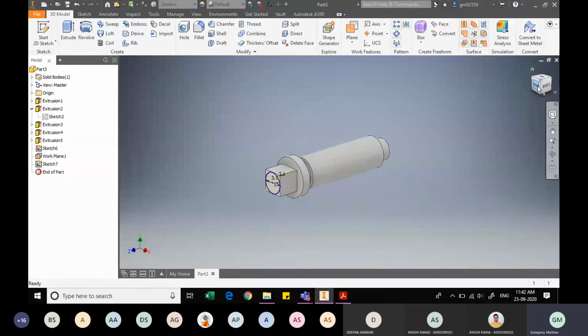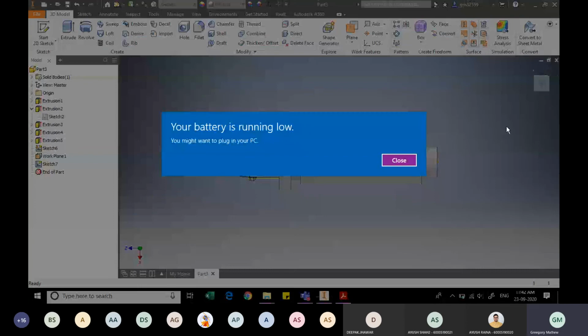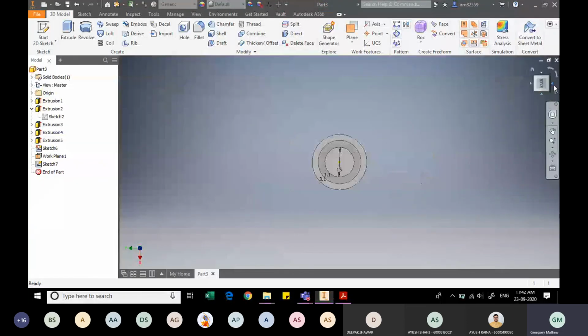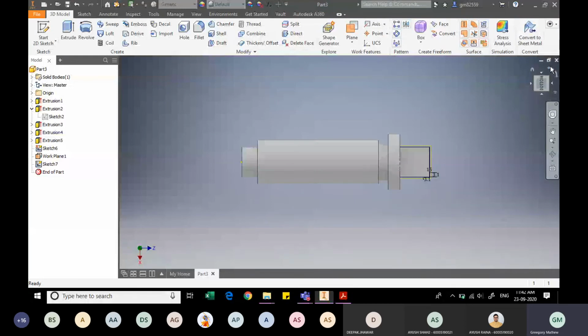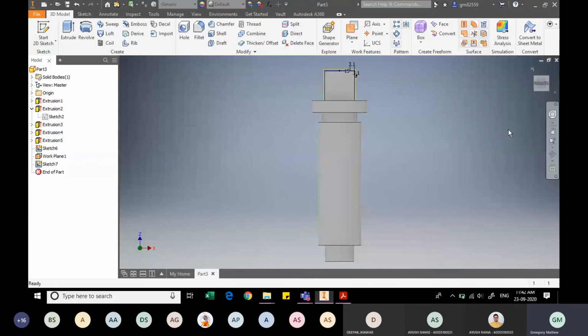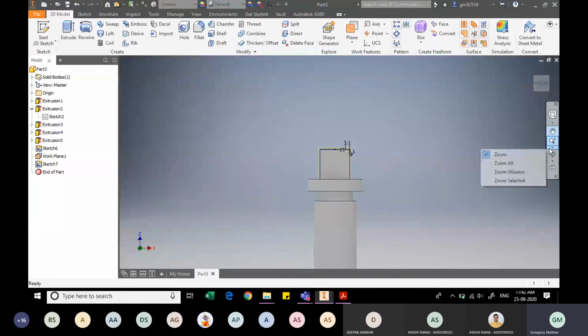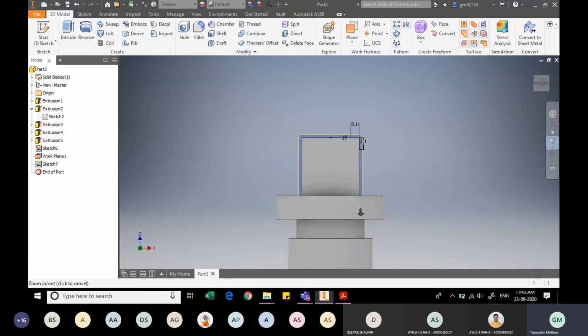Let me recenter. Okay, so using the zoom command.